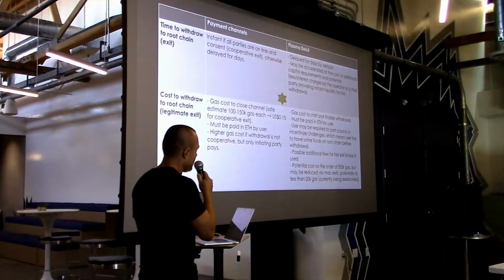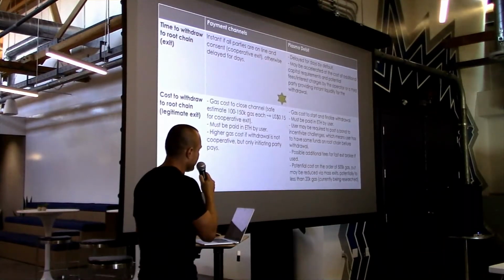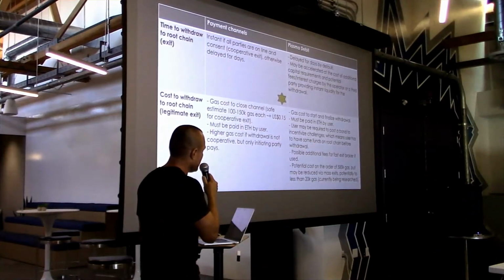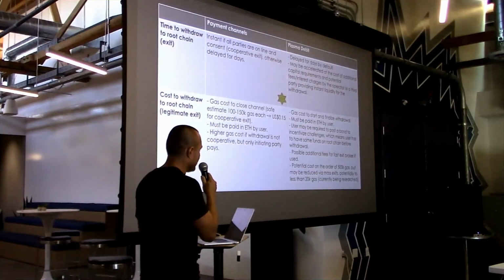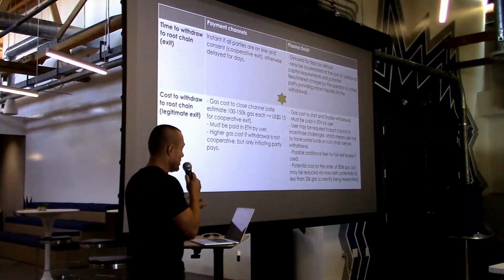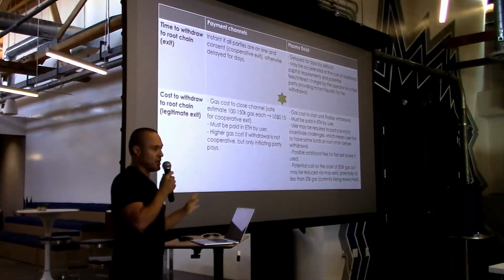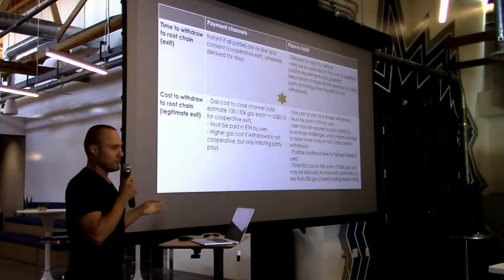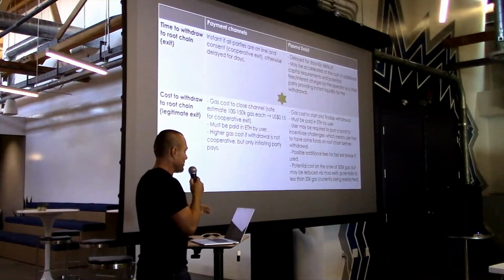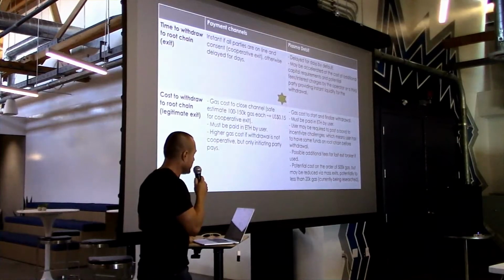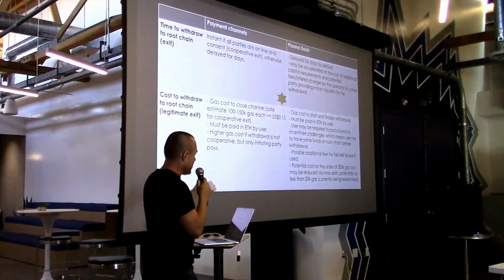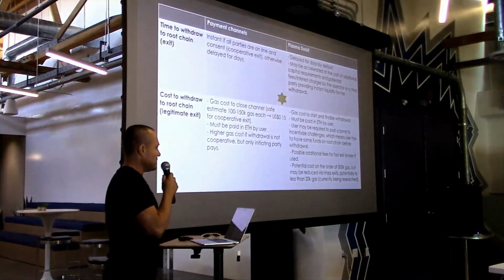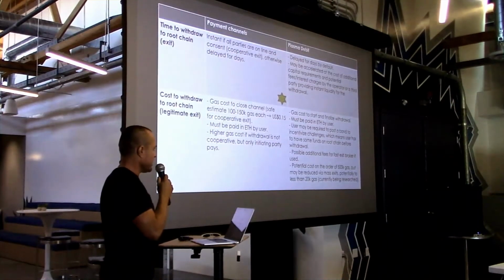With Plasma, it's a bit more complicated. So you've got a two-step exit, so you have to start and finalize a withdrawal. Again, you're paying for the gas in Ether. And the user may be required to post a bond to incentivize challenges, which means the user has to have some funds on the root chain for withdrawal. Essentially to say, this is a legitimate withdrawal, and if you can prove that it's not, you can take my money with you. So you have to have more money to take your money out in a Plasma situation. And potentially additional fees for the fast exit broker.